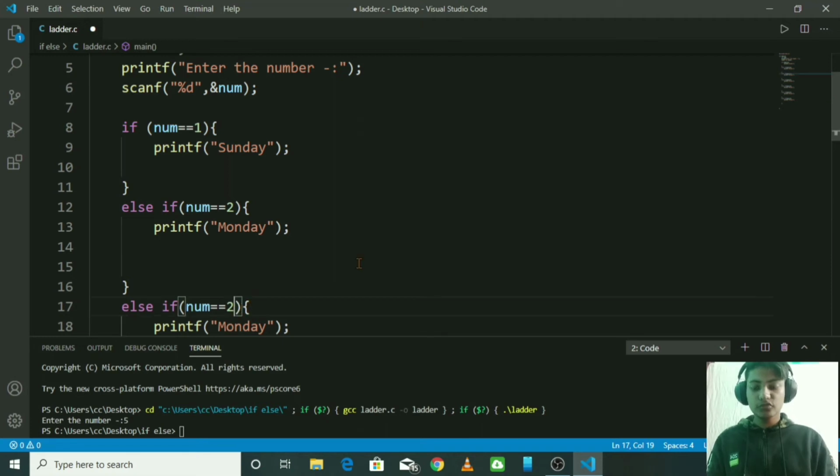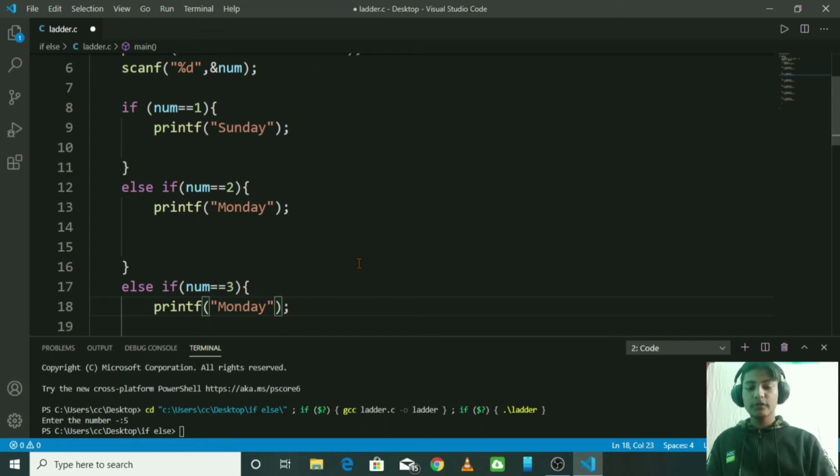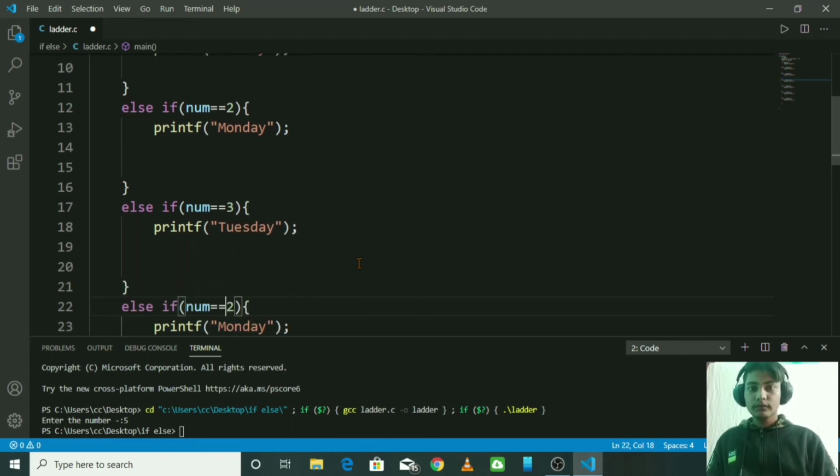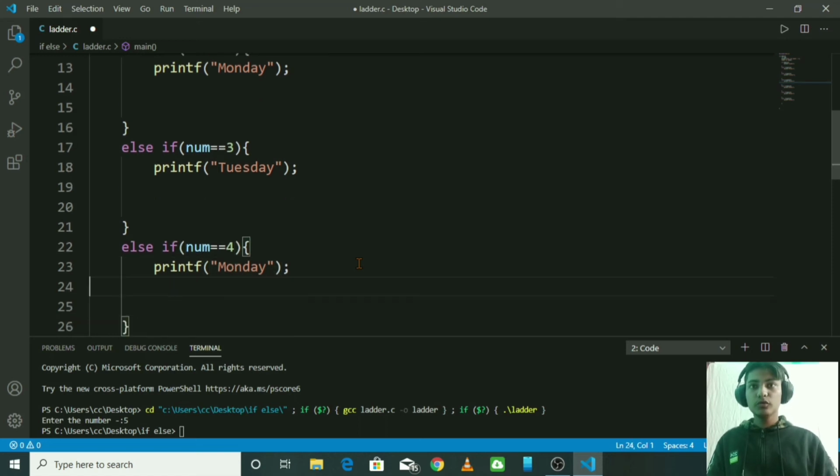Here make it num equals to 3, Tuesday. Here num equals to 4, Wednesday.